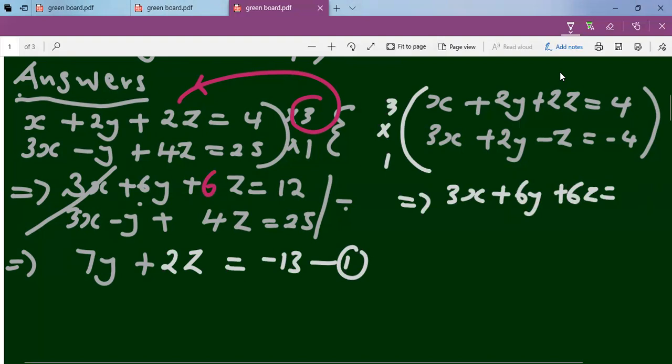We get 12. I hope it is okay. Then down one here, it will be 3x plus 2y minus z is equal to negative 4. So we are going to subtract here. So this implies that